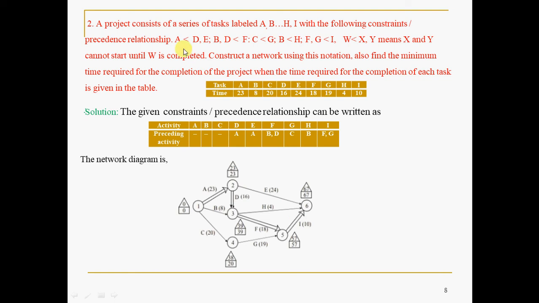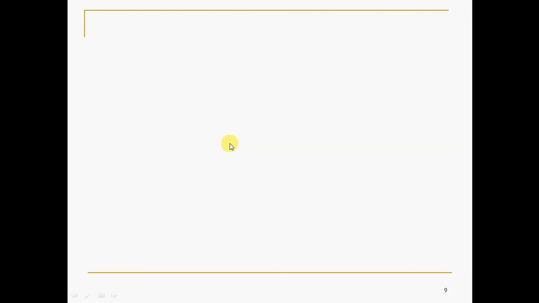What is the change here is, if the relationship is given like this, you have to convert that into this type. This is very simple. So before D, A should happen. Before E also A should happen. And for F to happen, B, D should be completed. This B and D were terminating with a common node. See, B is terminating with 3. D is also terminating with 3. In the same way here. Fine. So once you draw the network, it is the same.